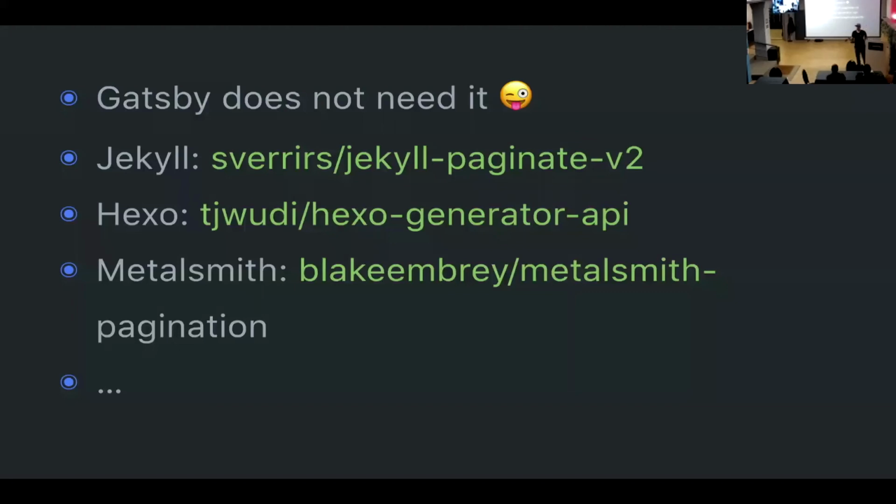And for any static site generator that supports plugins, you could write your own plugin, I guess. And yeah, at the top, if you have played with Gatsby recently, the whole reason why I came up with this talk idea was because I was playing with Gatsby and I wanted paginated stuff on my blog index. And then, when I prepared this talk, I realized Gatsby actually does this already for you by basically, Gatsby